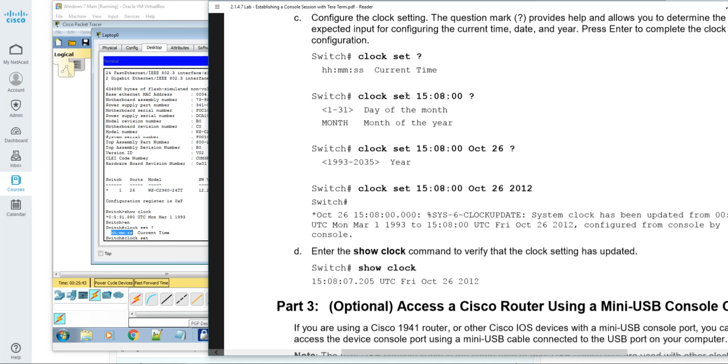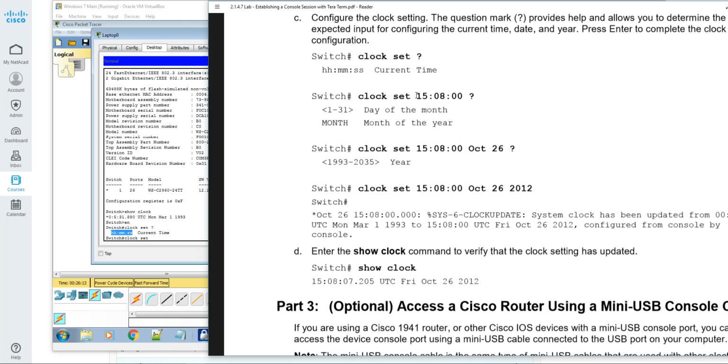And then we're going to type that in. We're going to set, and instead of question mark, we're going to type in our actual time right there. And you're going to type in whatever time you're running at that time. Now, you have to remember that this is the 24-hour clock. So if you're in the afternoon, starting at 1 o'clock, it's 1300, 4 o'clock is 1600, and so forth. 8 o'clock is 2000. And then you're just going to need to set it based on the 24-hour clock. So you'll just need to convert that. And it's just easy to do if you've not used that before. 1 o'clock starts at 1300, and then it just goes from there.